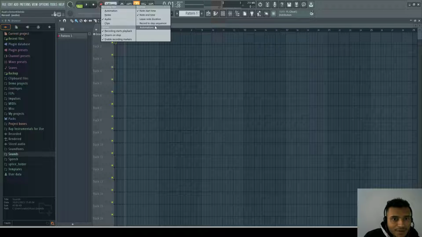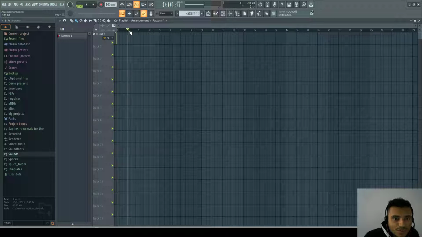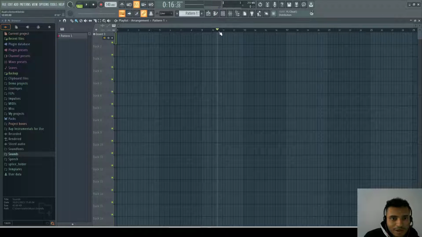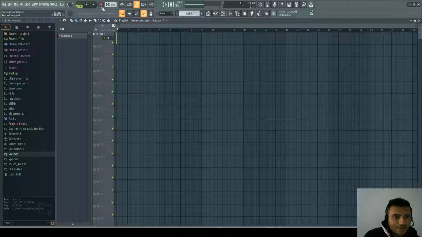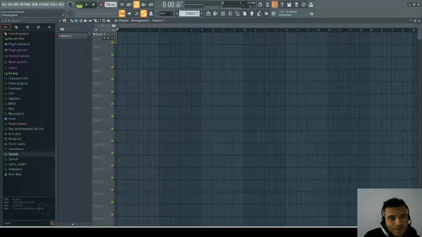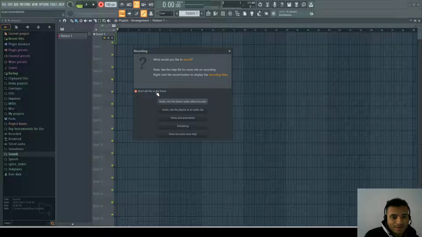So when you have these selected, what we can do is choose somewhere on your timeline right here, in your arrangements. Let's say I just go from the beginning one, and you see that it shows in the hint panel right here that we can record by pressing this, or the other way as I mentioned. So if I left click on here and we get these options, I like to select don't ask this in the future. I want to create or record audio into the playlist, so I will select this,